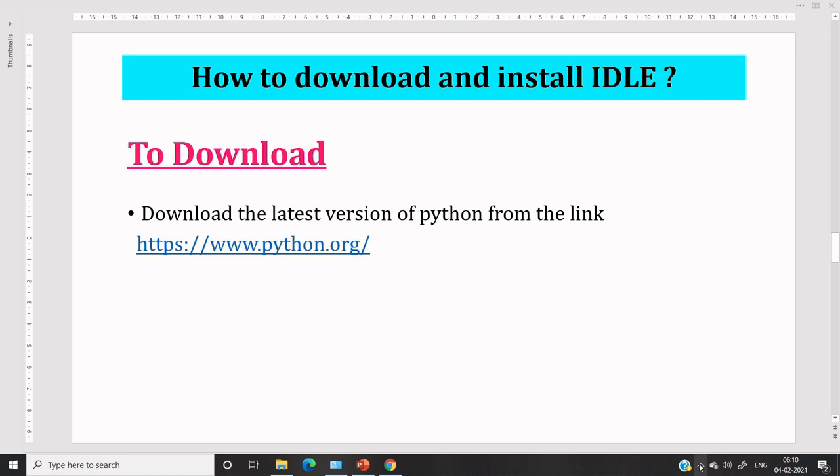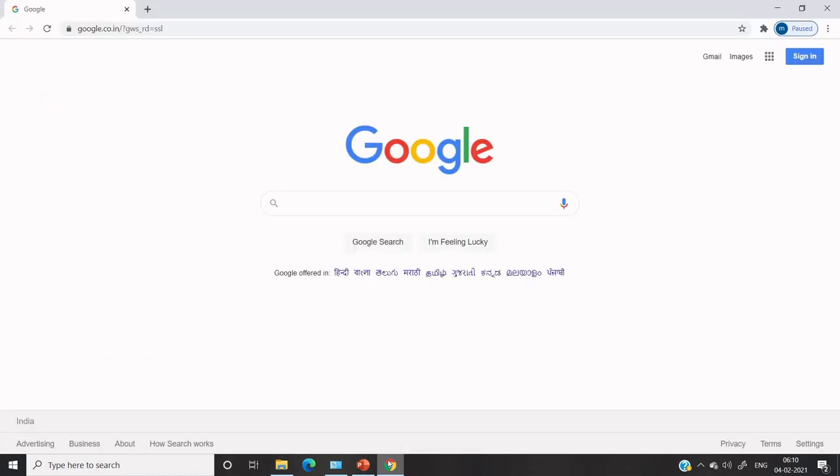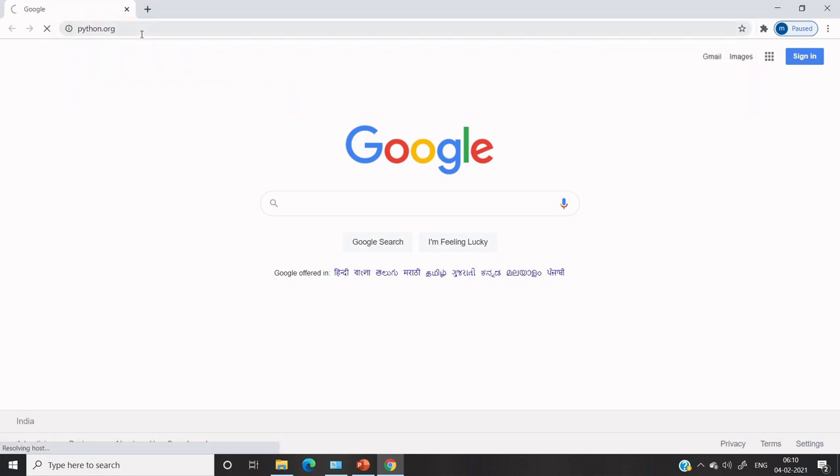Now let's see how to download and install Python IDE. Use this link to download the Python software. Copy this link, go to the web browser, paste it, give enter.